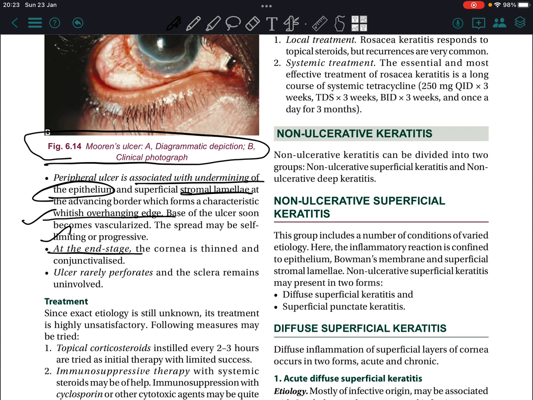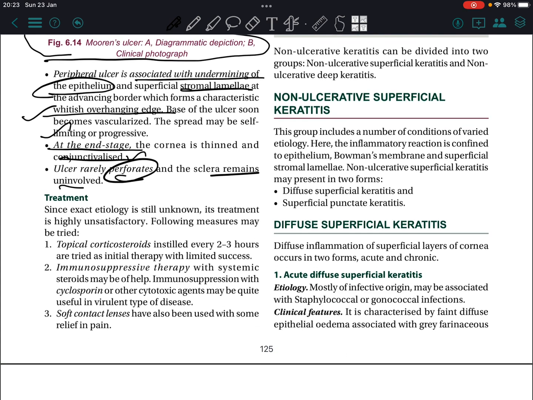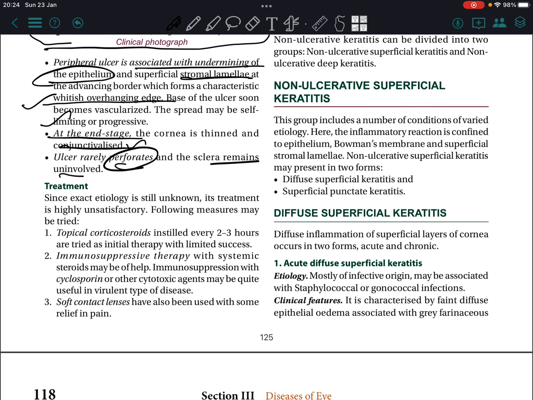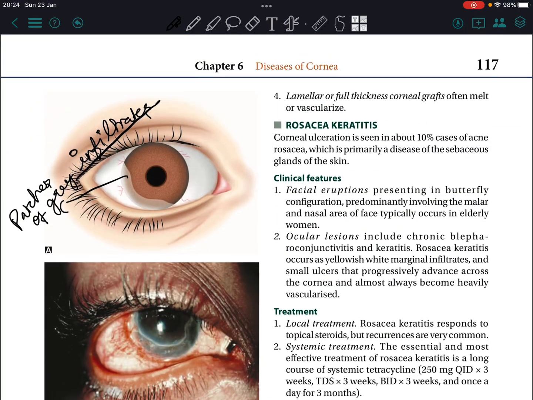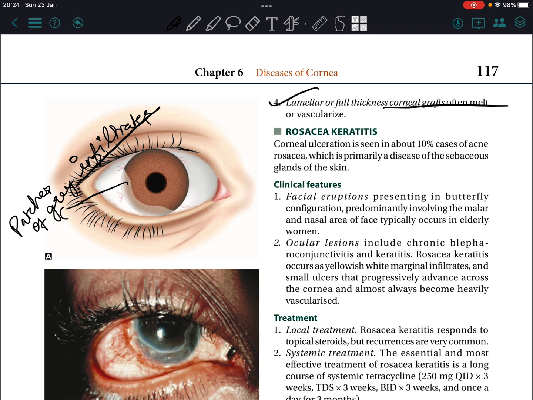At the end stage, the cornea is thinned and conjunctivalized. Ulcer rarely perforates and the sclera remains uninvolved. Treatment. Exact etiology is not known. Following measures are to be taken: topical corticosteroid, immunosuppressive, soft contact lens, cyclosporine, lamellar or full thickness corneal grafts, often melt